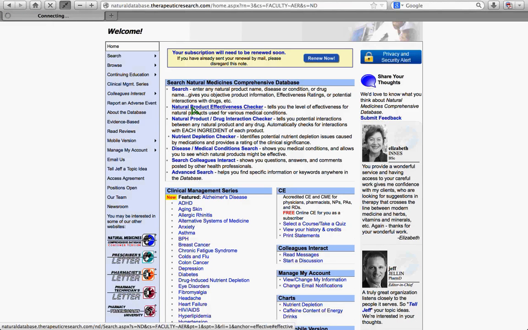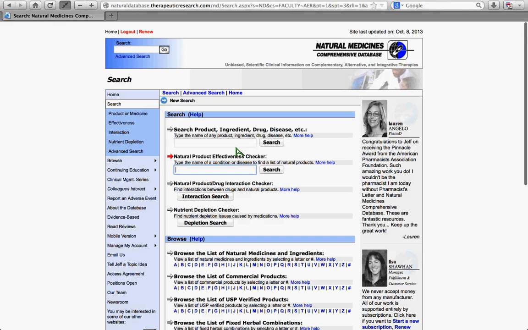The Natural Product Effectiveness Checker allows you to search by ingredient or by disease condition. So if we wanted to find out what natural products are rated for effectiveness for the condition of hypertension, we would simply type hypertension into the search window,